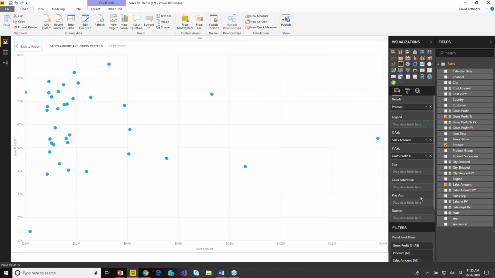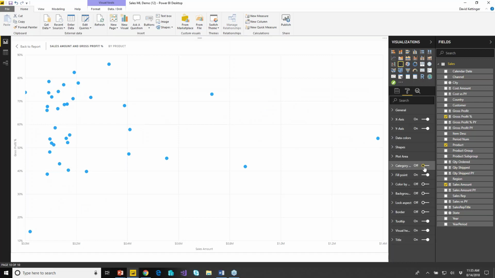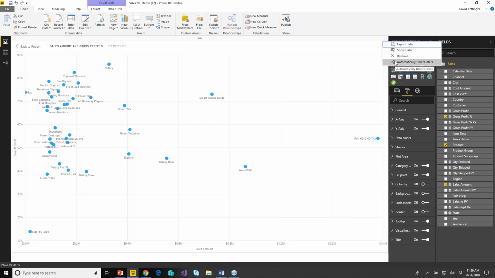And if I open this up in focus mode, we can do a couple formatting changes, maybe add some category labels so that we can see what we're looking at. So I can see I have a lot of different products here. Wouldn't it be great if I could just find some different groupings in my products? Well, actually now with these automated machine learning technologies, I can come up here to more options and choose automatically